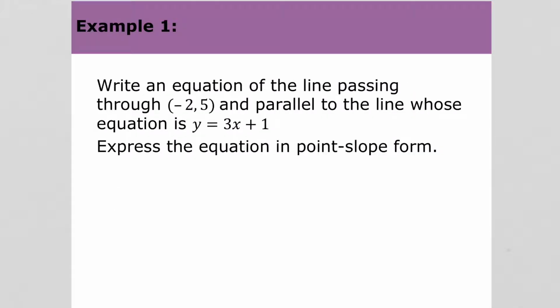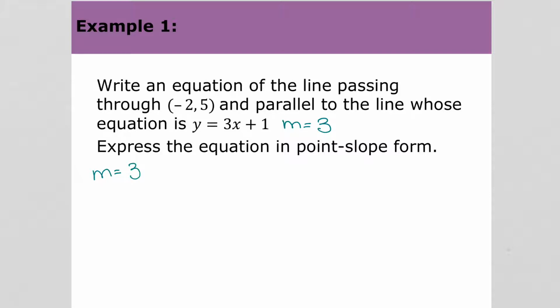So example 1 wants us to write an equation of a line passing through the point (-2, 5) that is parallel to the line y equals 3x plus 1. It wants us to just express it in point-slope form. So, if the slope of this line is 3, that means the slope of the parallel line is the same,